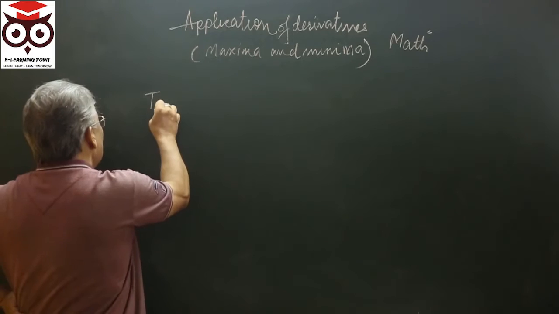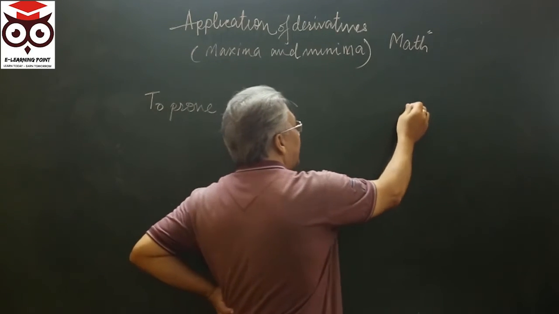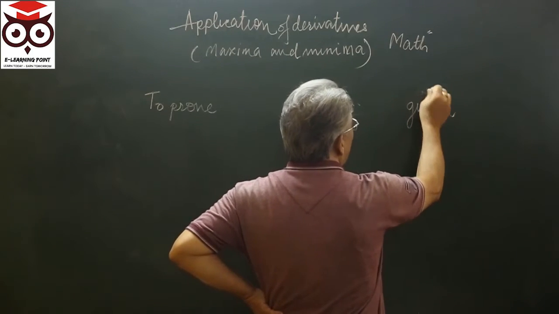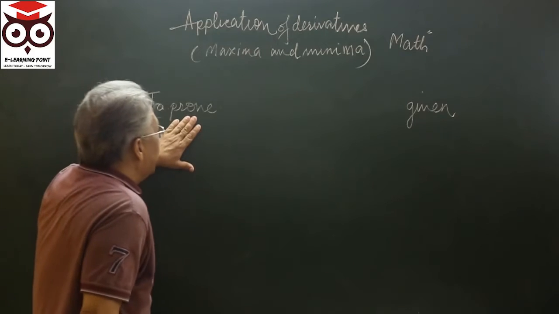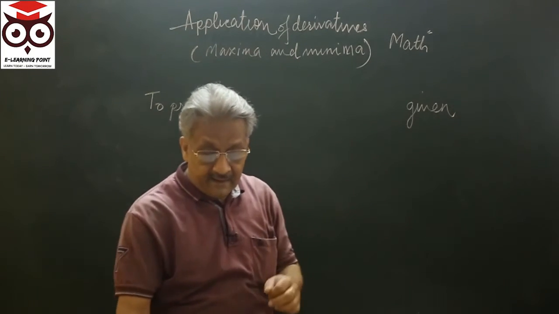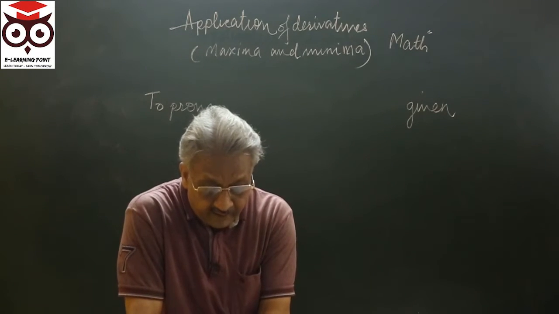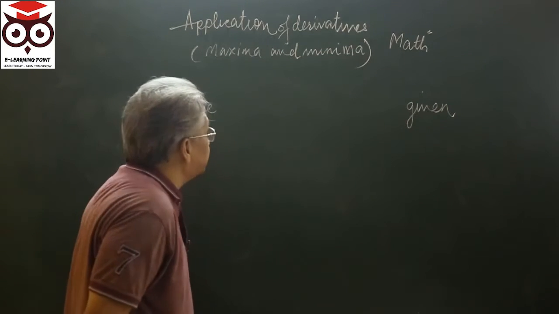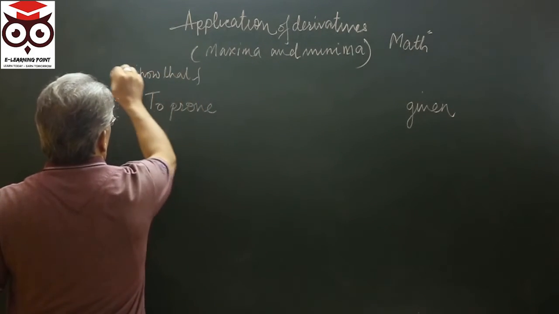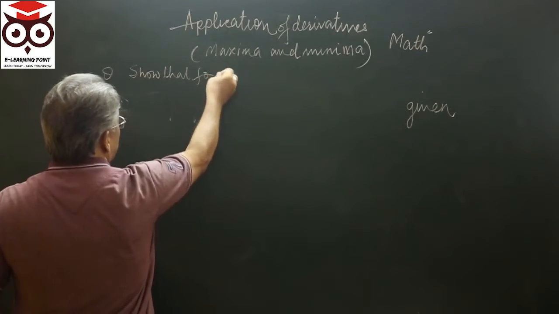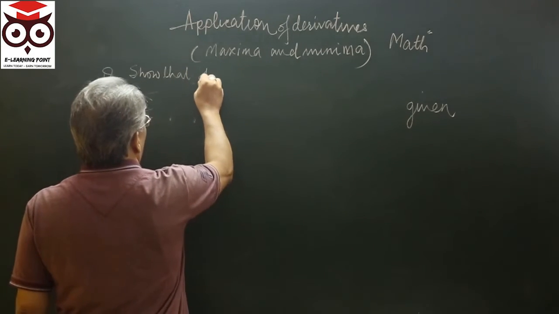Now, how can I make our question easy? First write down here prove and here write down given. जब भी आप मैक्सिमा और मिनिमा के क्वेश्चंस करते हैं तो आप दो वर्ड्स लिख लीजिए, प्रूव एंड गिवन। मैं एक क्वेश्चन पढ़ता हूँ, see the question is: show that for all rectangles with given parameter, show that of all the rectangles,